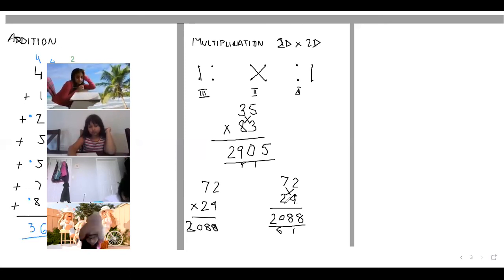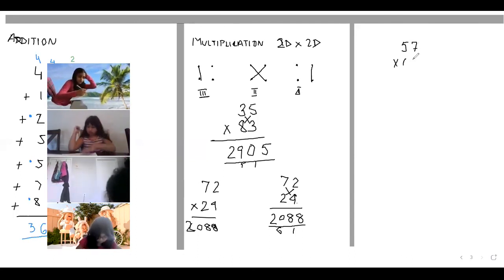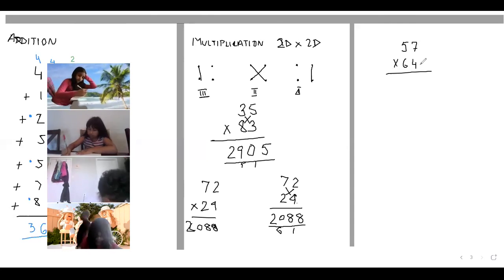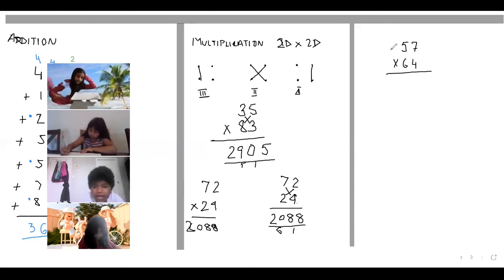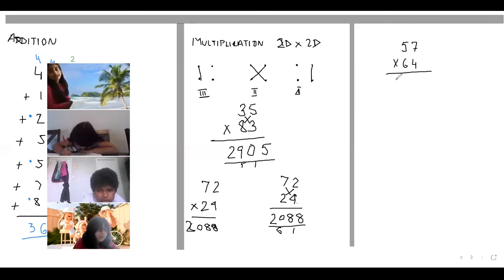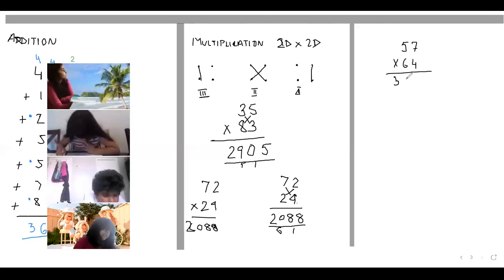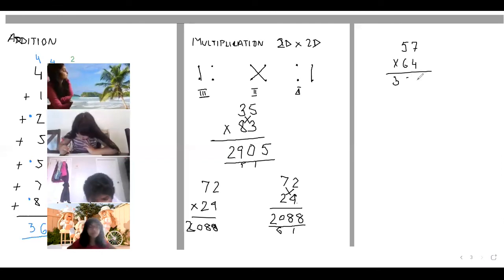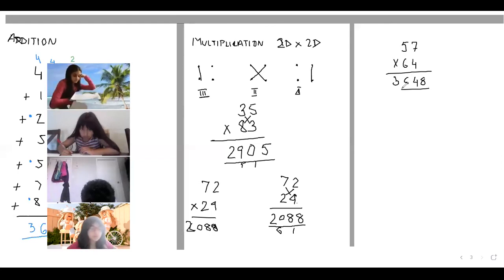Next question for you. 57 times 64. 3648. 3648 is the right answer. Told ya. So this was about